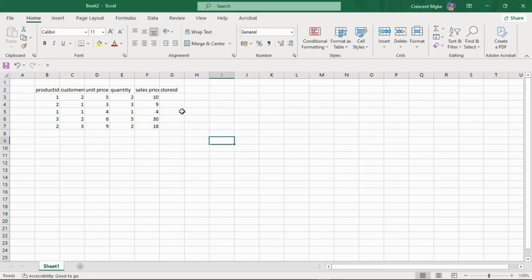So we are creating the table by ourselves. Then the store ID. The store ID maybe 2, 3, 3, 4, 1. All right, so what else should we put here? So the next table we are going to have is